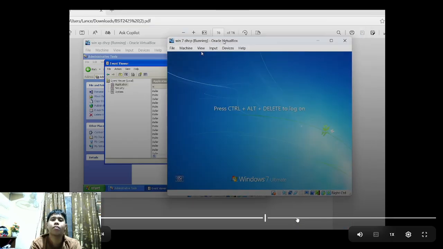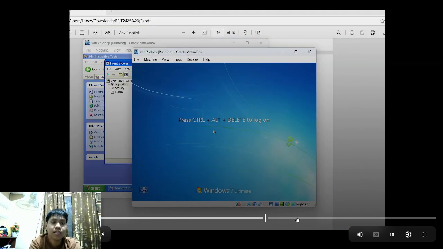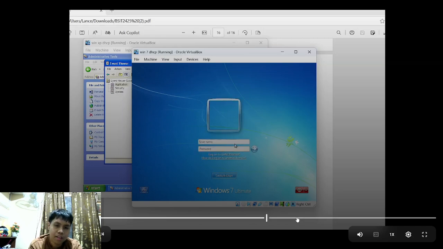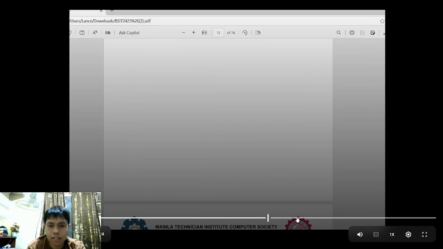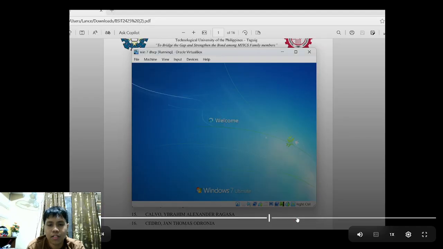Now we will do this in Windows 7 DHCP. It's the same, and we just need a user, but this time it's girls. We need to pick five females from BSIT NS S1A to BSIT NS4A. Now let's find again. I will show you the first. Mapura, then student1234. Log in.